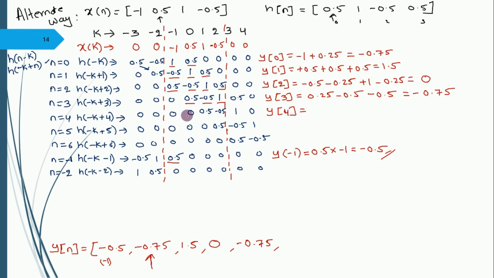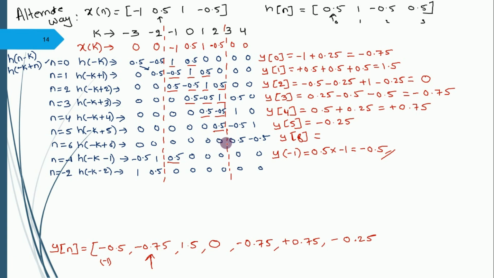Next, for y of 4, these are the two non-zero values. 0.5 into 1, 0.5. Minus 0.5 into minus 0.5 plus 0.25 will result in plus 0.75. Next, y of 5 will result in only one non-zero value. 0.5 into minus 0.5 will result in minus 0.25. So y of 6 will result in